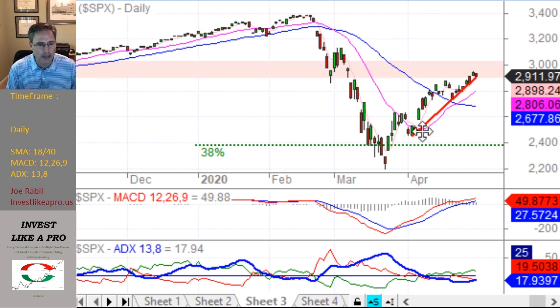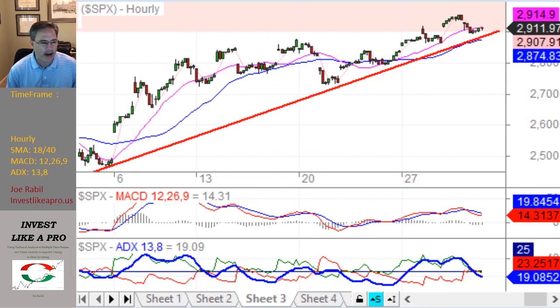The problem is, because of the way this has developed and the fact that the price is acting pretty well right now and the momentum characteristics are decent, it might take a little bit of time to really reverse this pattern. Now, if we go and look at the hourly chart,